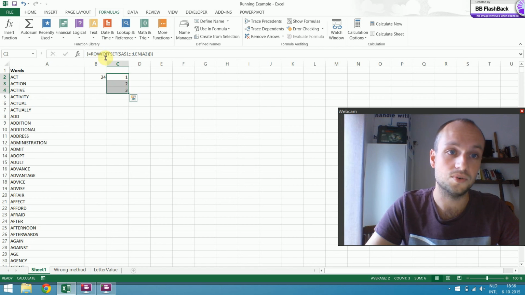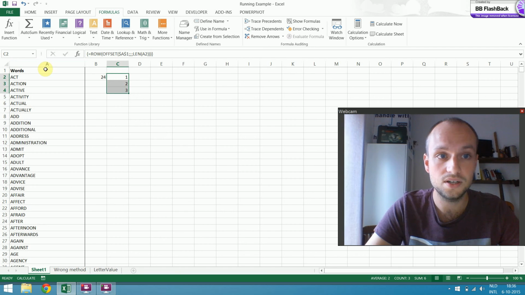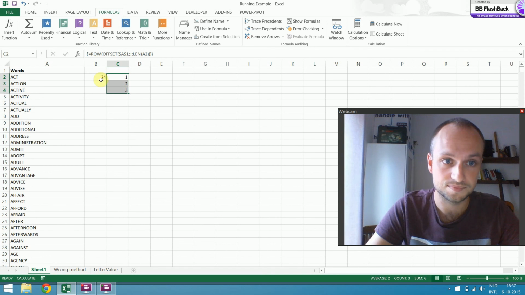So the offset function refers to the range A1, A2, A3, and the row function makes of cell A1 row 1, cell A2 row 2, cell A3 row 3. So that's why we get this array.